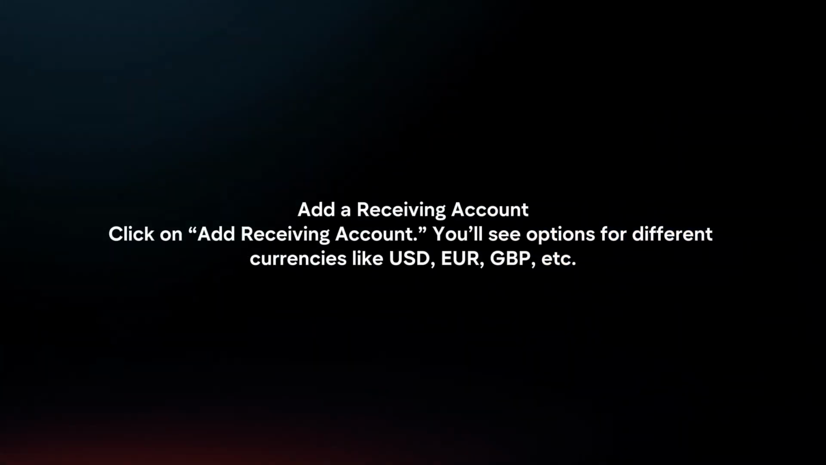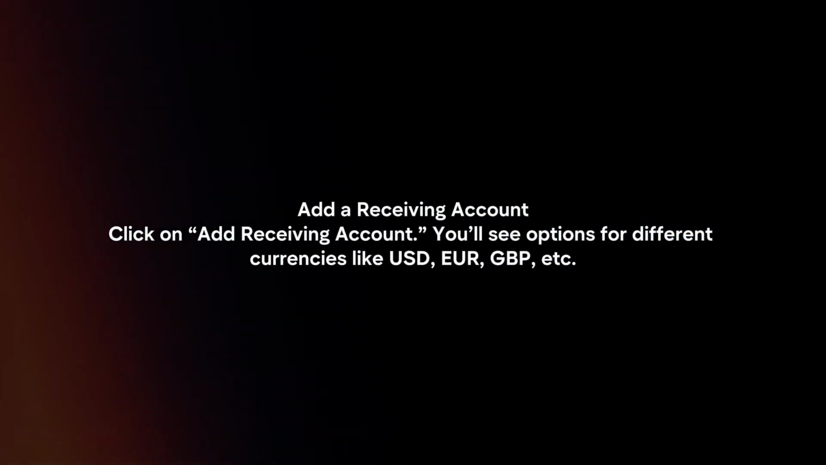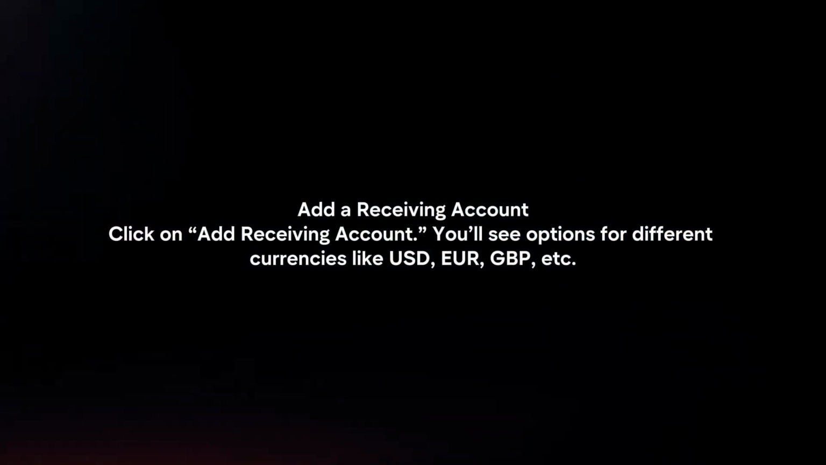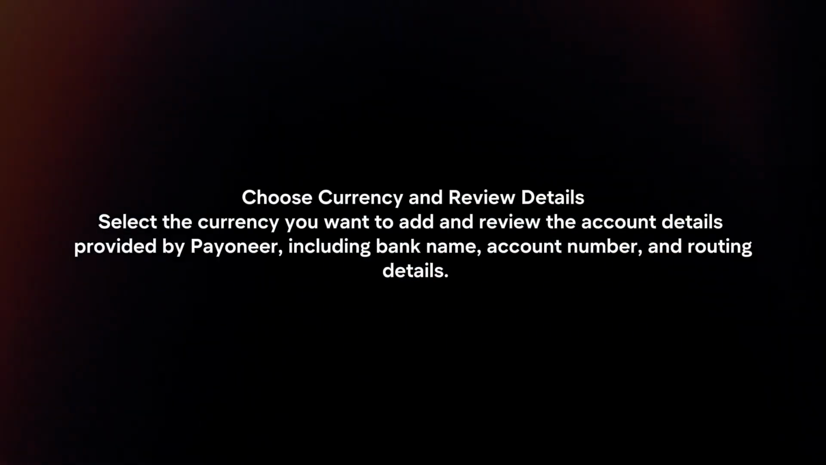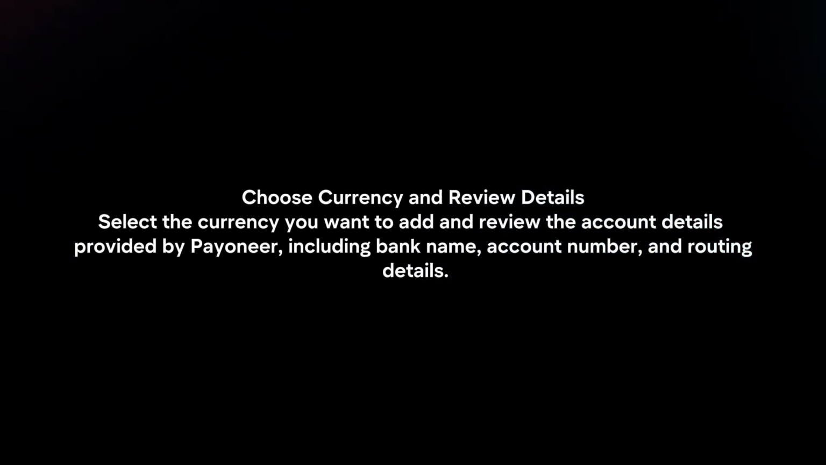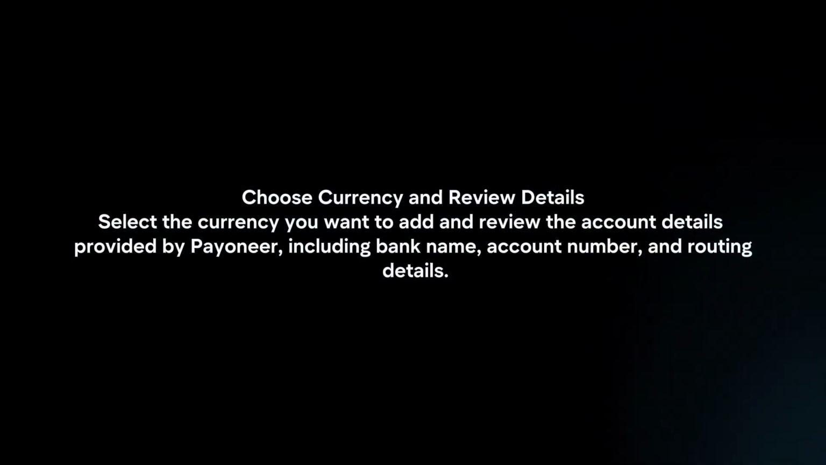Add a receiving account. Click on Add Receiving Account. You will see options for different currencies like USD, Euros, GBP, etc. Choose Currency and Review Details. Select the currency you want to add and review the account details provided by Payoneer, including bank name, account number,